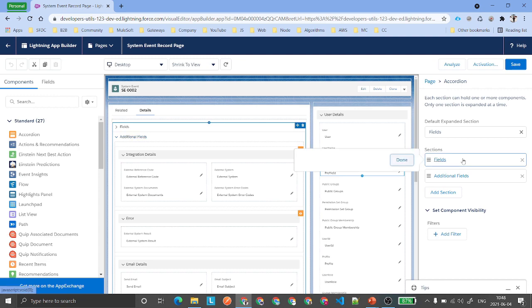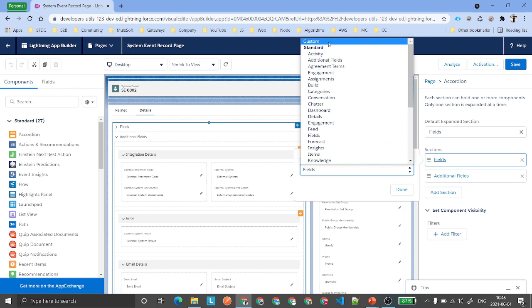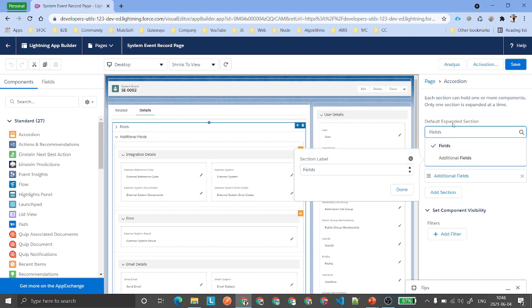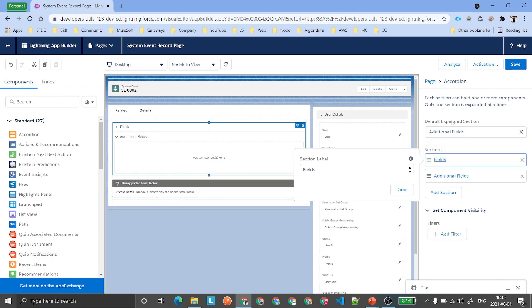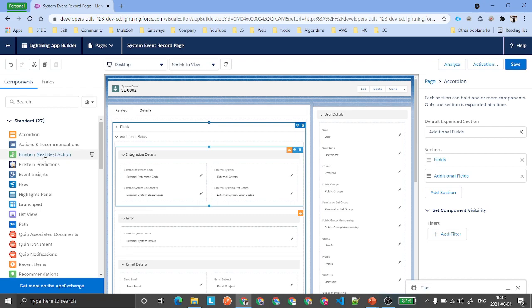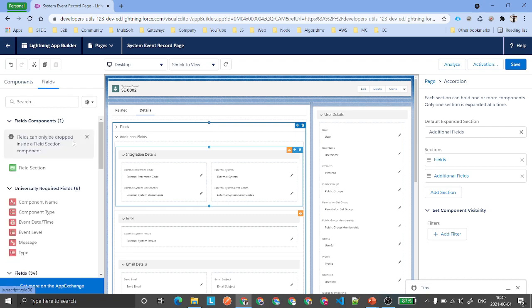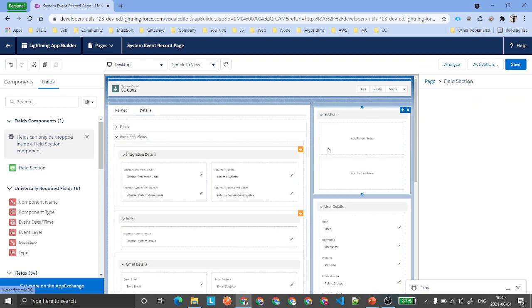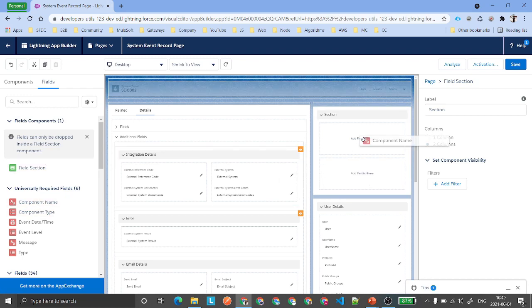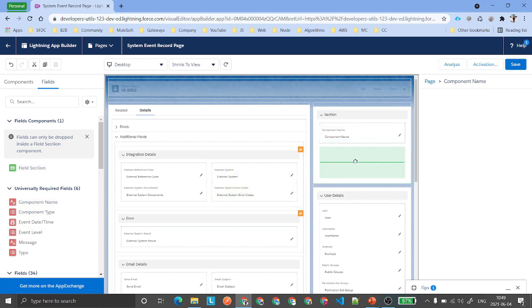And here, if you wanted to change, right? By default it is field. If you wanted to have a custom, you can make sure it is a custom, and you can just have the section. These are basically the sections, right? You can choose whichever is going to be your default section, which one is going to be expanded by default. Now it is field. If you go to the field section, you will see here you've got field section. If you wanted to drag and drop a field section, you can get your section, and then whatever columns you wanted to have the fields, whatever fields you wanted to have, event label.